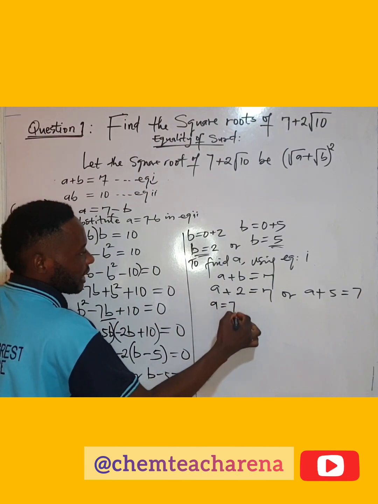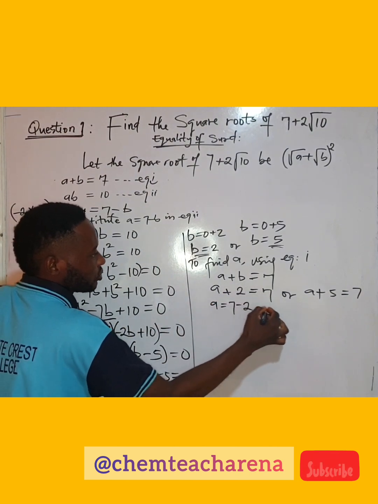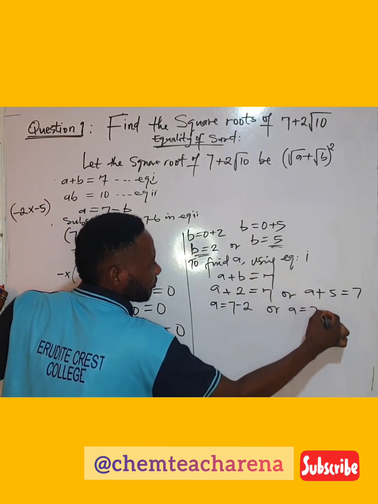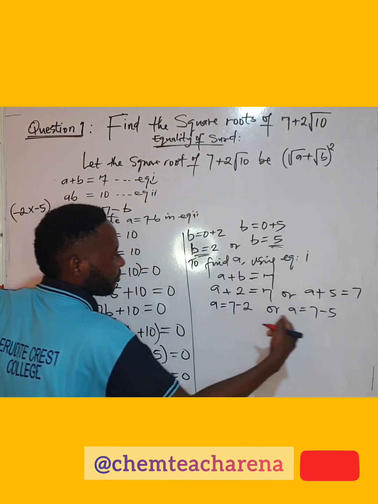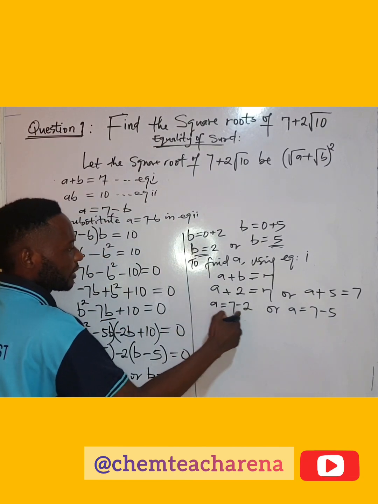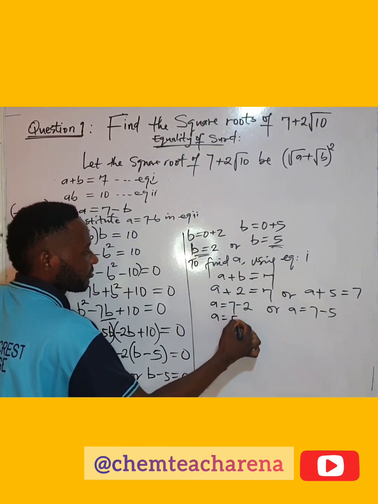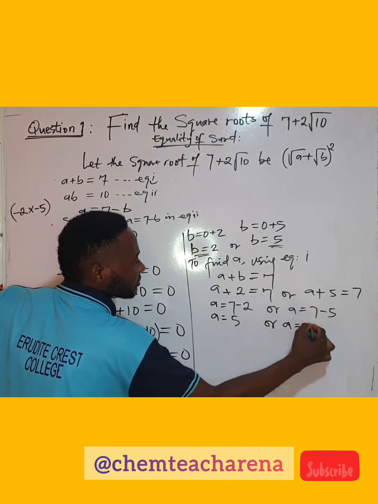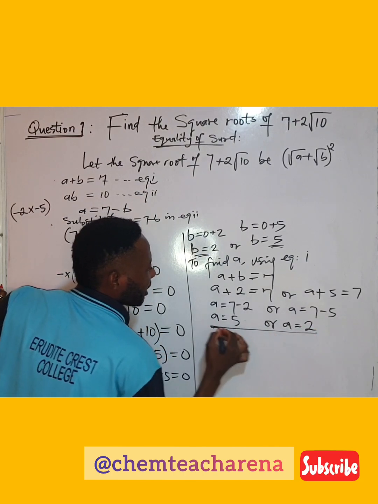Then we now say that a equals to 7 minus 2, or a equals to 7 minus 5. I'm solving for both. Then 7 minus 2, a is equals to what? 5, or a equals to 7 minus 5, 2. This is how you solve